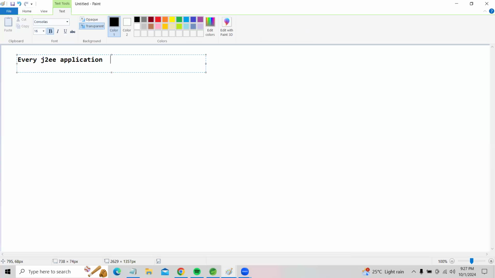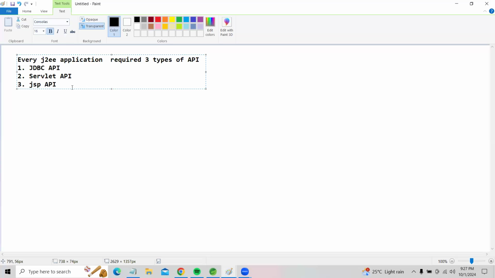It requires 3 types of packages, simply what we call APIs. The first API is the Jdbc API. I am going to highlight them one by one. The second one is the Servlet API. And the third API is the JSP API.